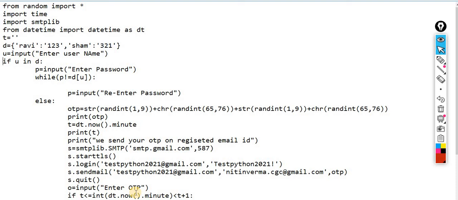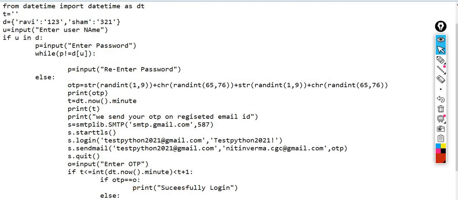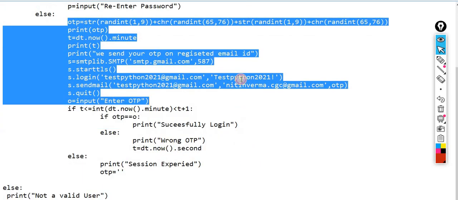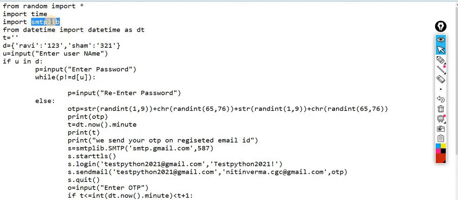With this if, if the user is not valid, then it will simply say the user is not valid. The exactly same code that we already discussed in the string section, but what next I did inside the else part, where we simply printed the message welcome to my screen or welcome to my website. Here I implement the entire scenario. After passing the appropriate password, you have to simply ask for the OTP. That OTP is sent to your email ID via the SMTP module.